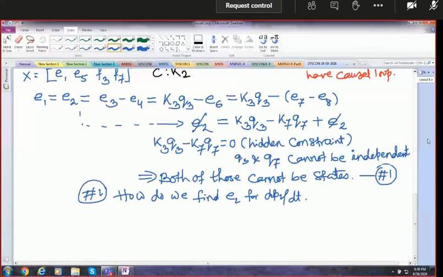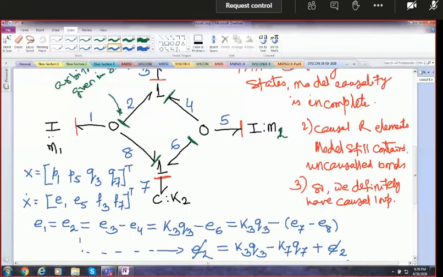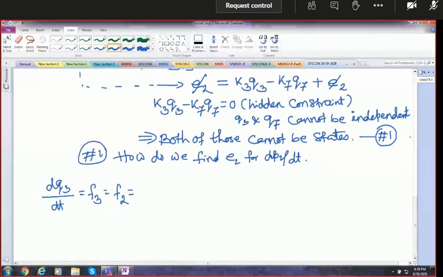F3 is equal to F2. What is F2? This zero junction 2 has a strong bond, and the power directions are all opposite to that of 2. So F1 will be minus, F8 will be minus. So F2 is minus F1 minus F8. And minus F1, we know that is P1 by M1, that is our state.